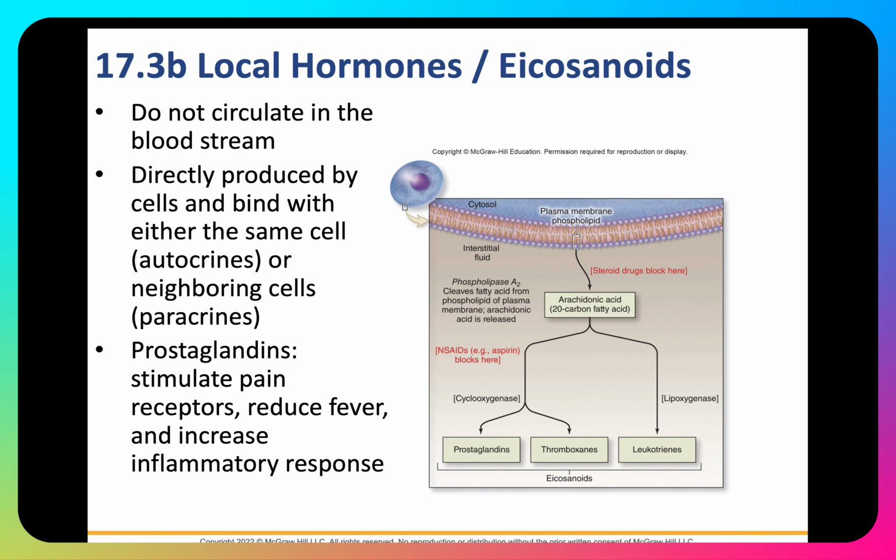The thing to keep in mind here, eicosanoids do not circulate in the bloodstream. They act as what we refer to as autocrines or paracrines, and this refers to secretion and target of those secretions. A really good example are going to be prostaglandins, thromboxanes, and leukotrienes. Typically, these eicosanoids are local chemical messengers, and they exert their role by playing a role within the inflammatory response. So keep that in mind.